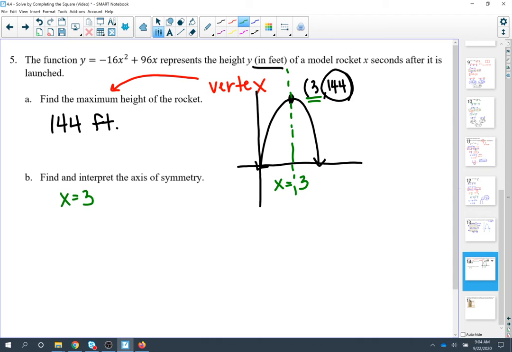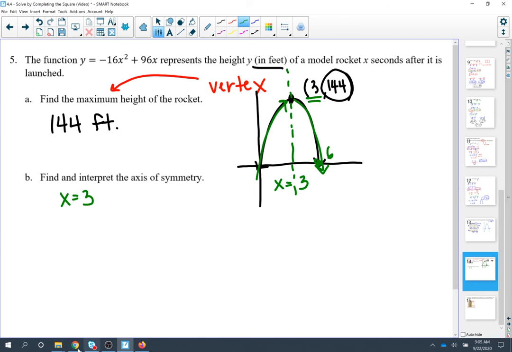So it takes 3 seconds for the rocket to hit its maximum, and then it takes another 3 seconds for the rocket to fall back down to the ground. You could also say something along the lines of, the rocket is halfway through its flight at 3 seconds. So something about 3 seconds being halfway, which means technically speaking, I would assume that it's going to take 6 seconds for the rocket to hit the ground